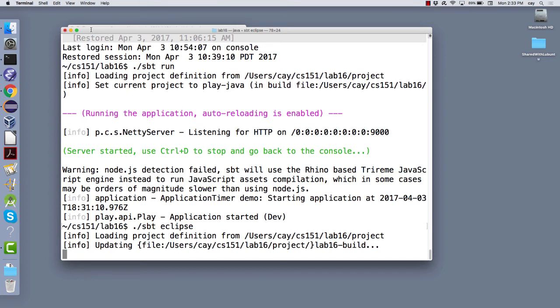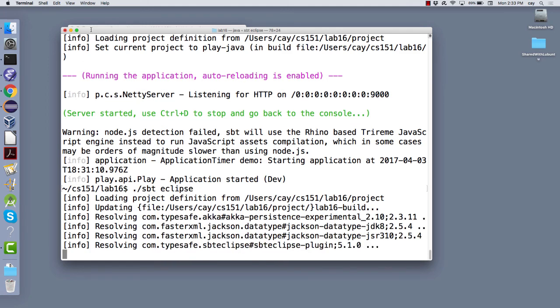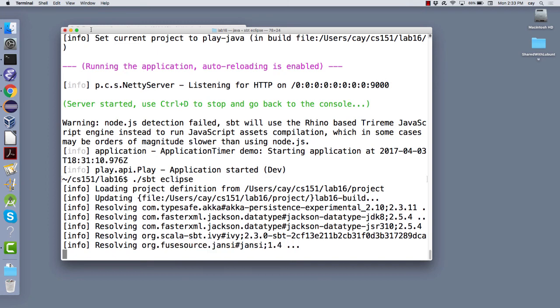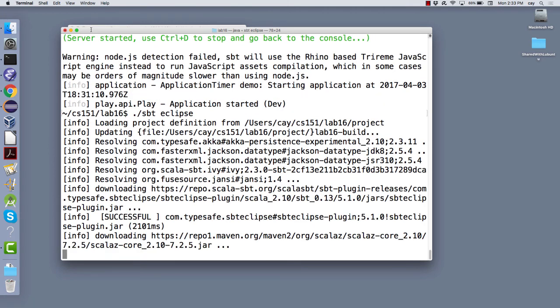So you see how I'm running SPT Eclipse here? Did you do that part? You did? And then after that, yeah, so now